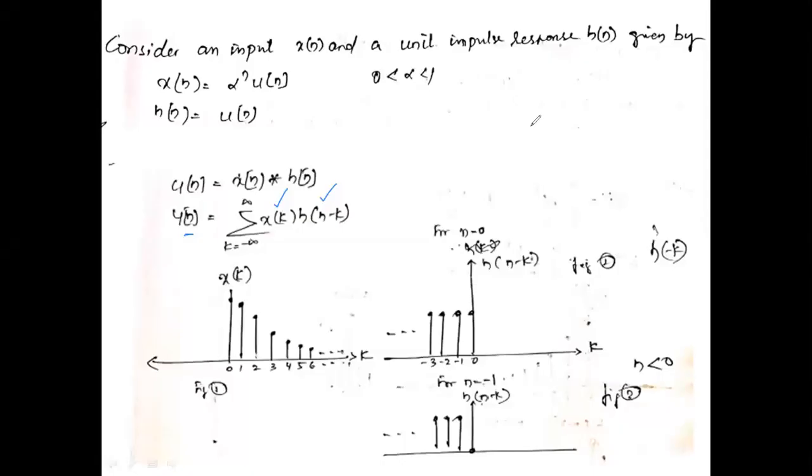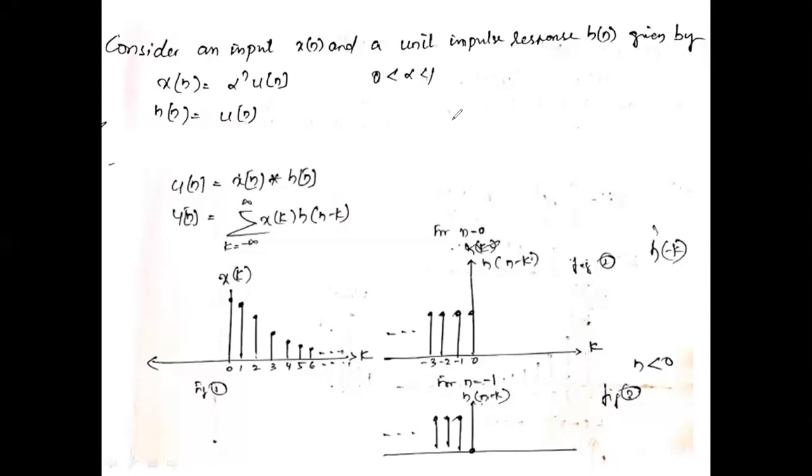What we will do here is go by the formula. As per the formula, I had drawn x of n, which is nothing but all the values of k from minus infinity to plus infinity. That is why I have represented x of n as x of k with all the values of k. Now, what about h of n minus k?